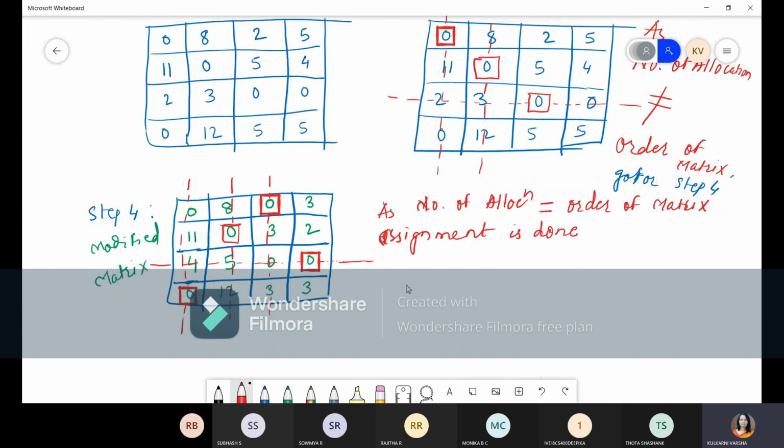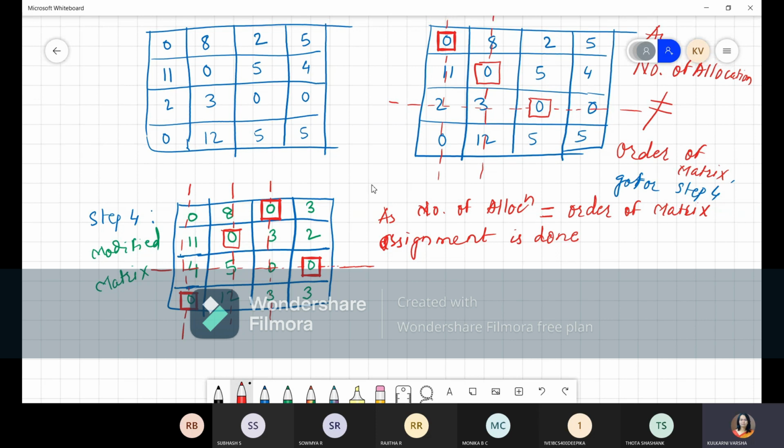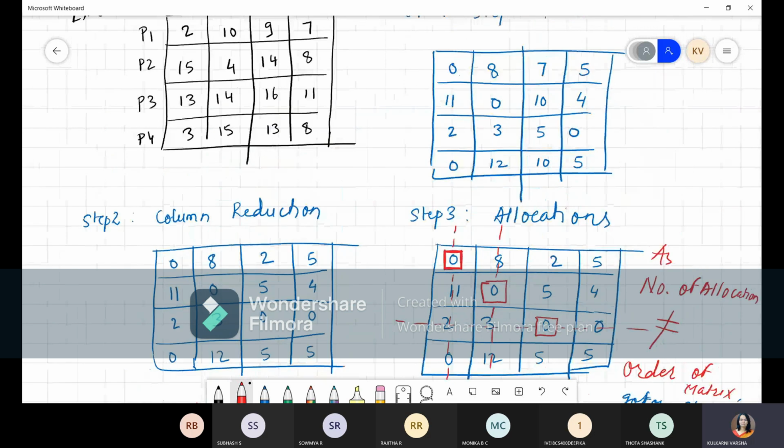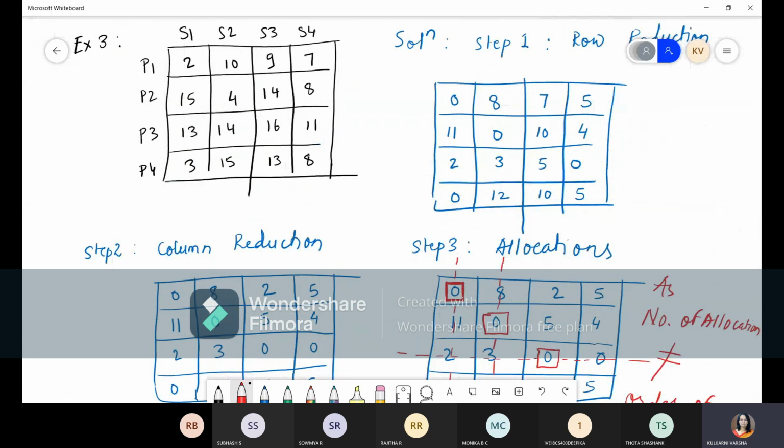See, here we have to find out where we have done the allocations. Right? In the first row, third one. In the second row, second one. In the third row, fourth one. And in the fourth row, first one. So we have to take those timings from here. So we'll go back and we'll find out 3, 2, 4, 1. Okay, see. So this one, third one, second one, fourth one, and first one.